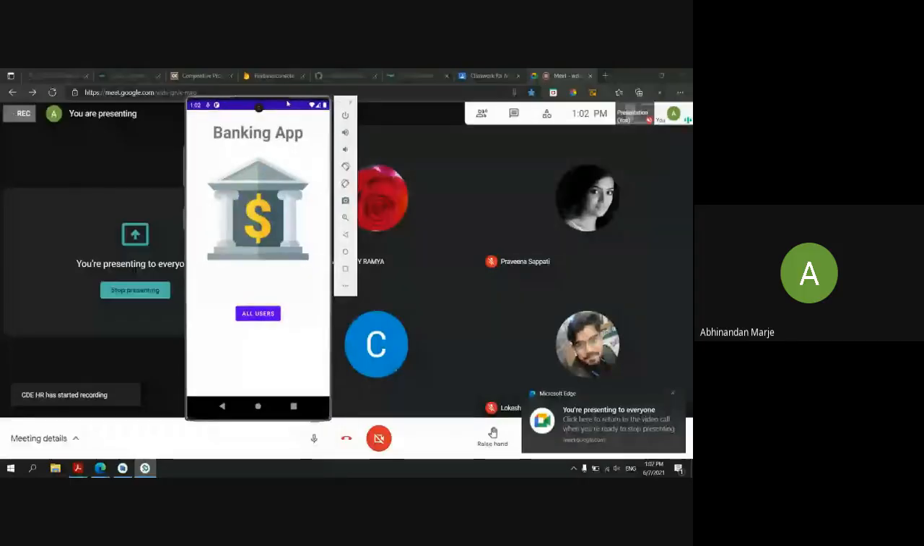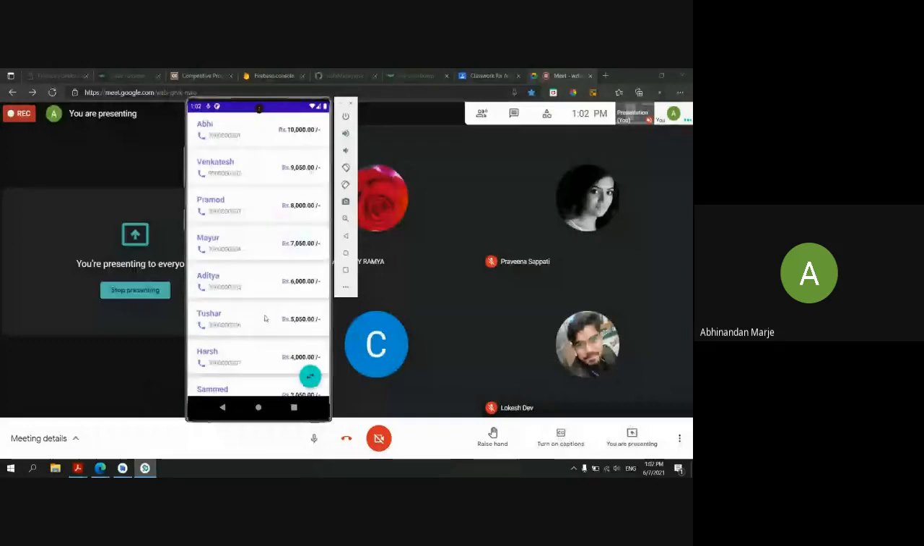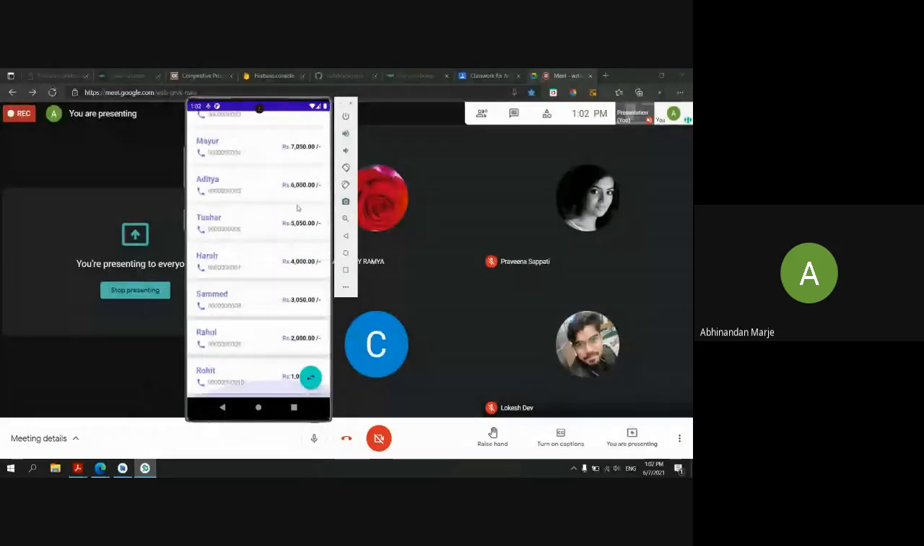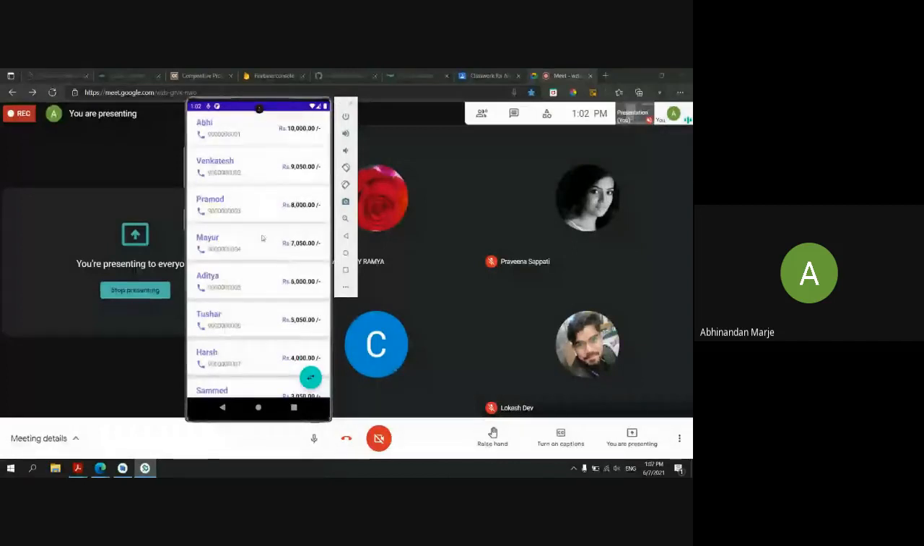First thing we want is the welcome screen. Then when I hit on the all users, I want the list of all users. This list we will be extracting from the SQLite database. We will be handling our first local database, and then when I click on someone's name, I should get